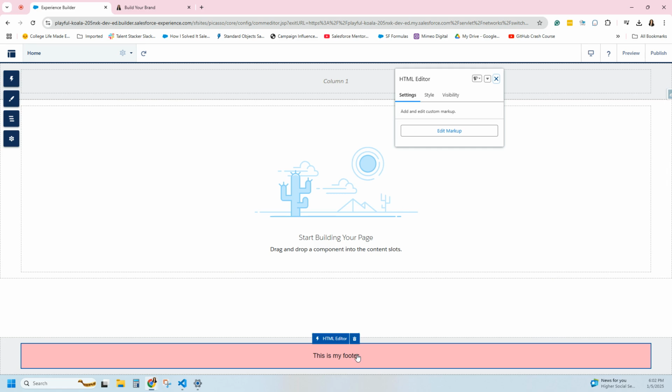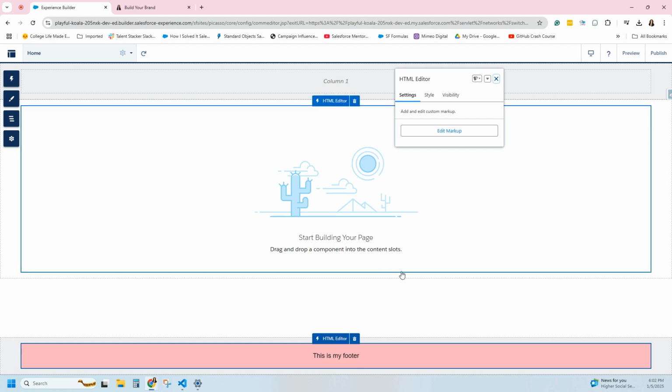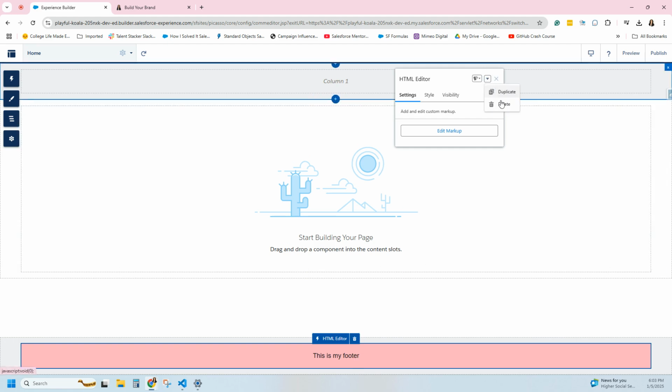I can make this really thick. If you've ever seen a footer on some sites where they're thick and they have logos, I can do all that with my HTML if I want. But for this one, I didn't. So I'm just going to delete that